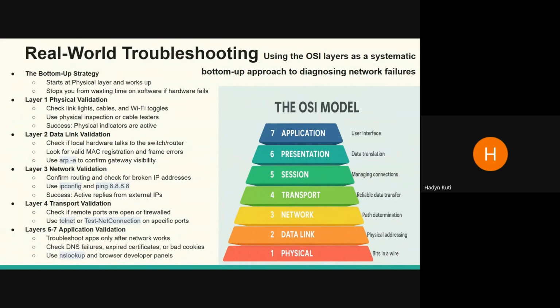First, you run the configuration command to verify your IP and subnet mask are correct. And then you send a ping to a known public IP address like Google's public DNS. Success here means receiving active replies from an external IP address outside your local broadcast domain. If the ping responses come back, you just proved that your packets can successfully route out of the building and